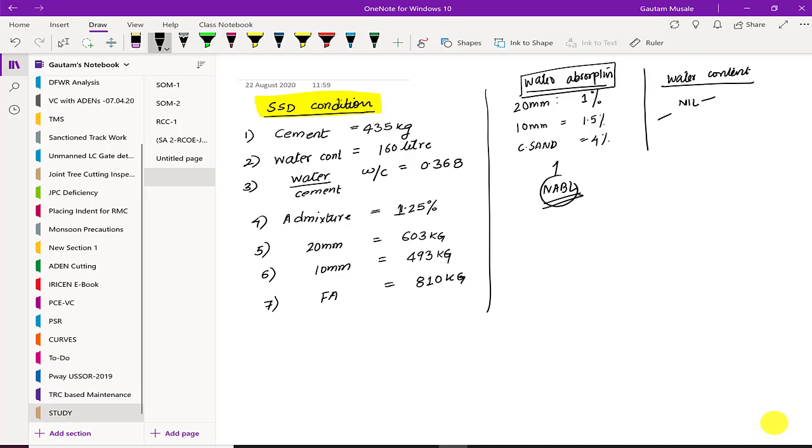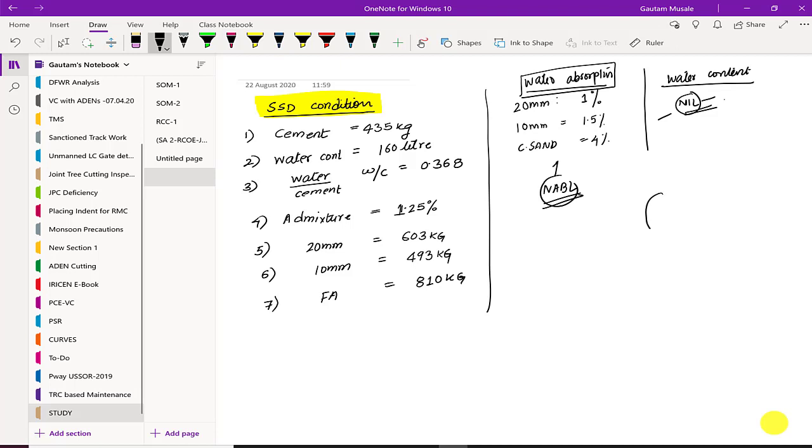And when I calculated the water content from the field experiment, I came to know that I did not have any kind of water content, that is, it was nil. In other words, can I say that I was testing my material during the peak season, the peak time of summer. That means whatever water content could have been available inside was completely evaporated because of this heat, right? And I was left with nil or zero water content.